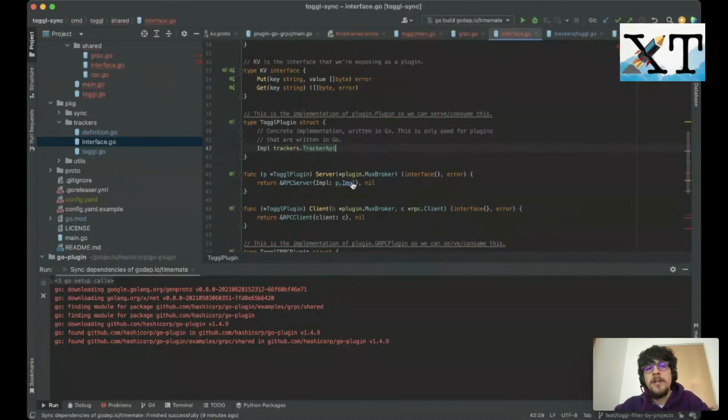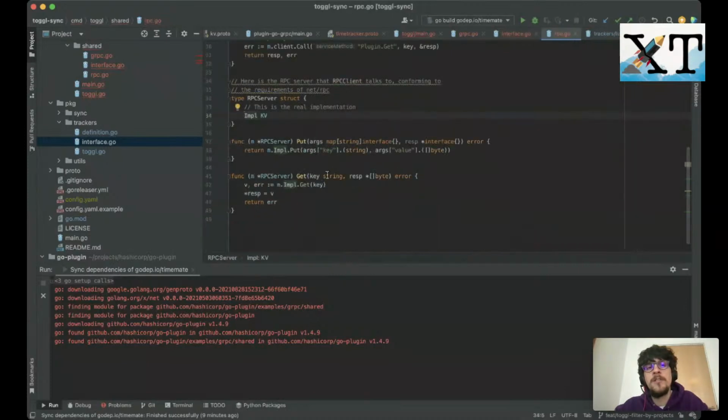Tracker API, we have implementation, and it says the implementation doesn't have method put, which we are not interested in anymore, but this one is still waiting for it. Toggle time tracker API. So here we implement that time entries. There we go. K value arc. So we have a start,